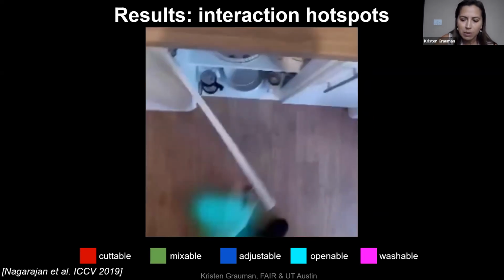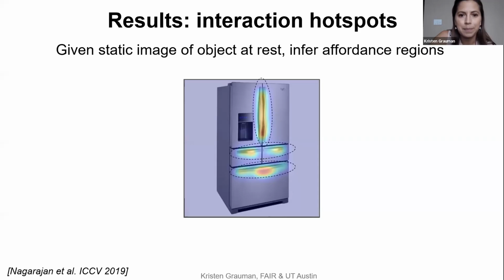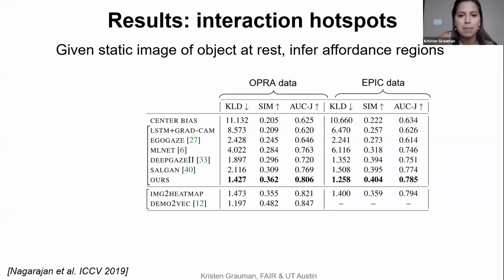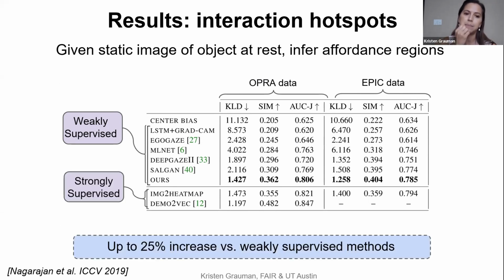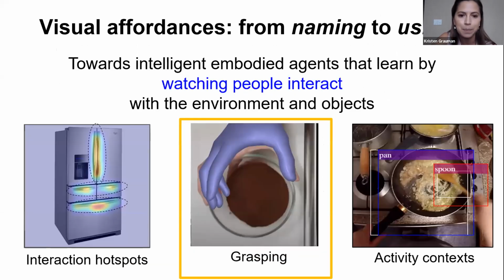And of course, the key is now we're seeing the world in this first person perspective through the eyes of the agent that needs to take action. And so it's not enough to say that's a door and a jar, but here are the things that I think I could do and where could I do them. Now, of course, we've evaluated all the heat maps like I was just showing you. For time, I'll keep this as a snapshot to say that on both data sets, compared to alternative weakly supervised models, we have a very strong advantage. And we're getting close to really competing with something that's heavily supervised, where you do that kind of manual drawing to train such a prediction model.